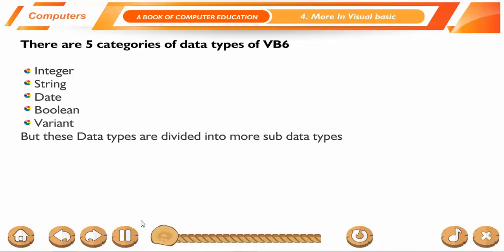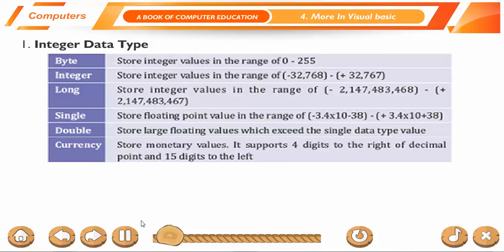There are 5 categories of data types in VB6: Integer, string, date, boolean, variant. But these data types are divided into more sub-data types. Integer data type. Byte. Stores integer values in the range of 0 to 255. Integer. Stores integer values in the range of minus